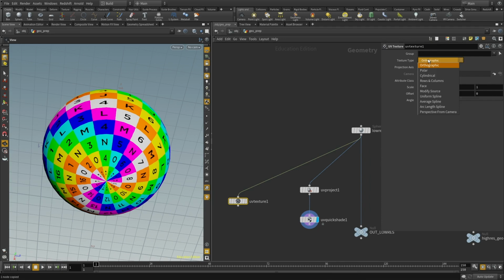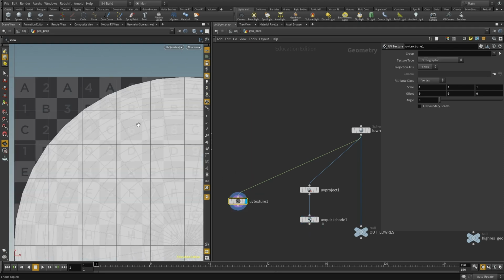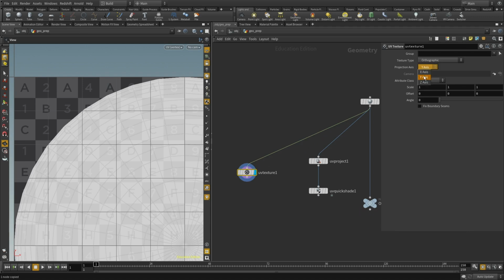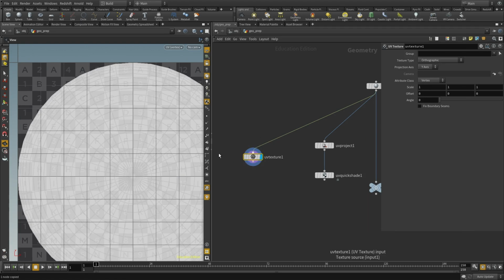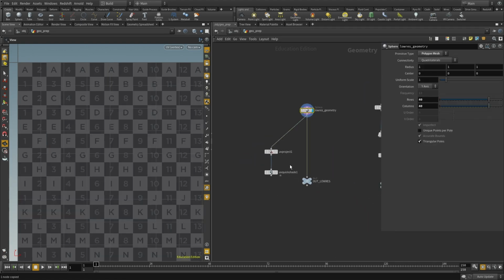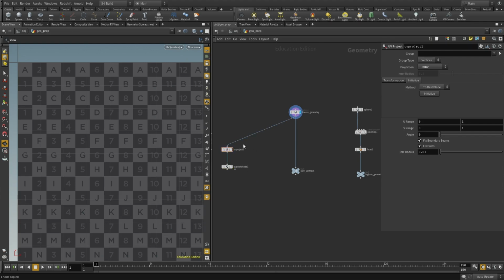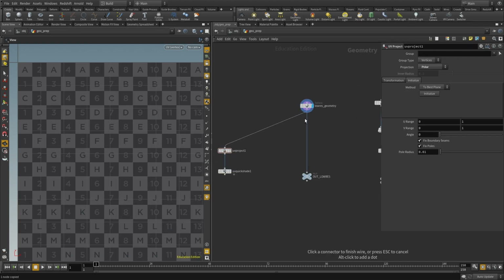and this one has more options, and it can create UV coordinates for NURB surfaces as well using the rows and columns, and that will give you a perfect 0 to 1 space UV unwrap of whatever NURB surface you have. It's very similar, and I use this most of the time to create a projection along a specific axis. When you have a grid or something, that's the one I use. And then what else? And then we have the more advanced tools, which is, let's leave this on,